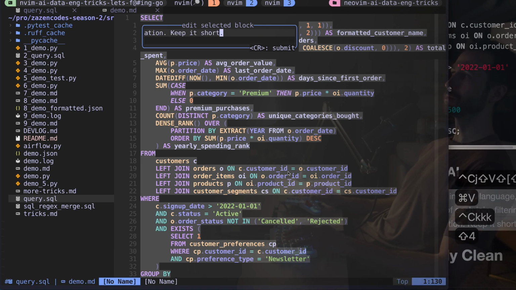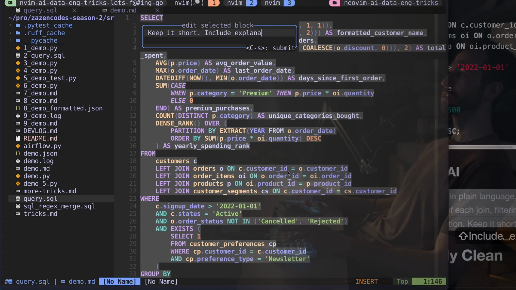So explain this SQL in plain language, keep it short, and then include the explanation as a comment. Yeah, along with the original code, use inline comments as well. This could be really helpful for purposes of documentation, rather than using a language model online where the history